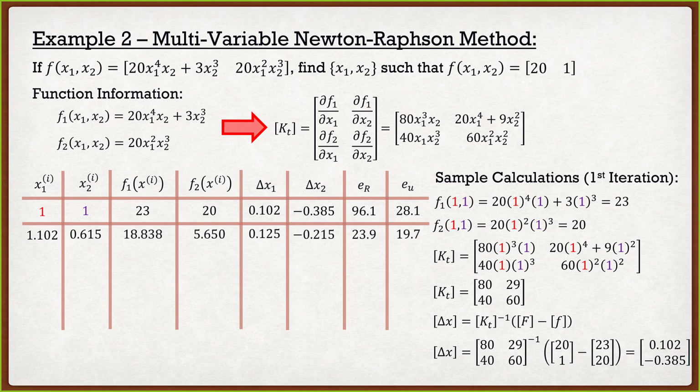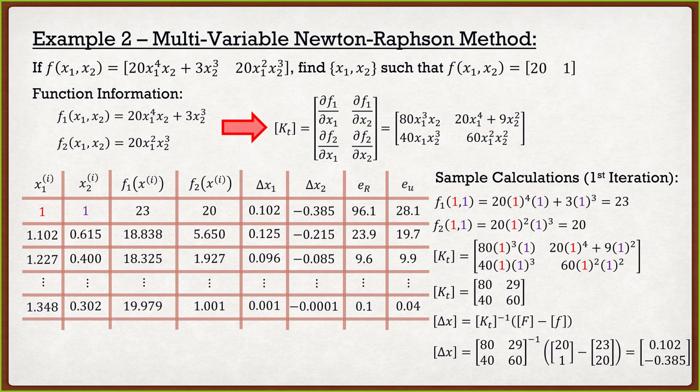From there, I just carry the iterations out again, and as we can see, we start to get closer. Now our error in our force is just under 24%, and the error in the displacement is 19.7%. Not very good. Do another iteration, and I can see that I'm starting to get my errors under 10%. So it's starting to converge. I can keep going to the point where my guesses result in pretty good errors: 0.1% for force and 0.04% for displacement. This only took 6 iterations, so I'm only missing 2 or 3 columns in there. It converges very, very fast.